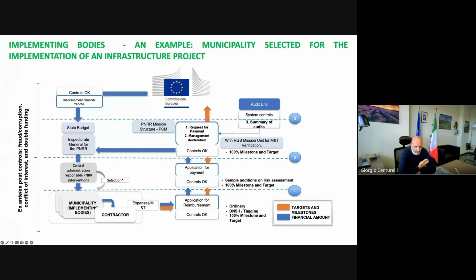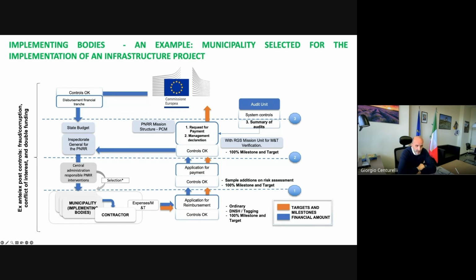After the selection, they sign a specific financial agreement. The municipalities select, under the respect of public procurement rules, obviously, the contractor or another specific implementing body, and start the implementation of the single project. During the implementation of the project, they start